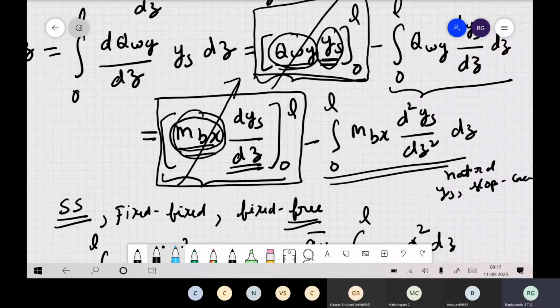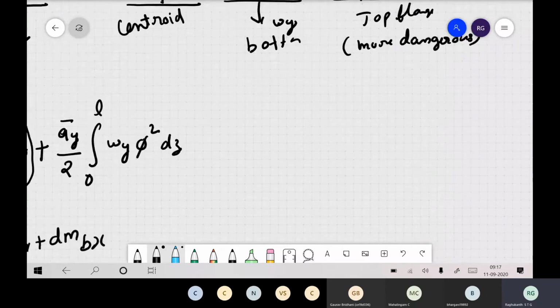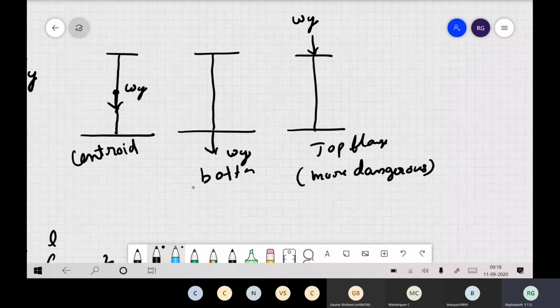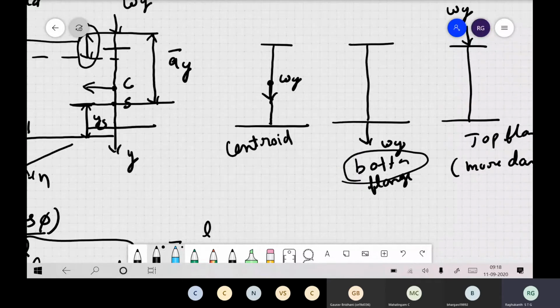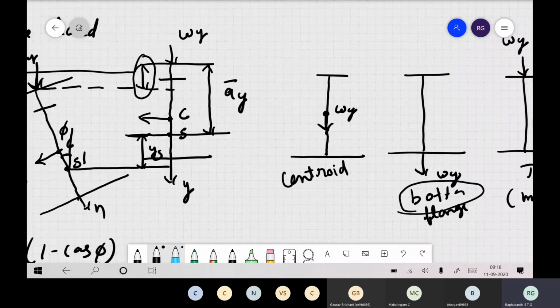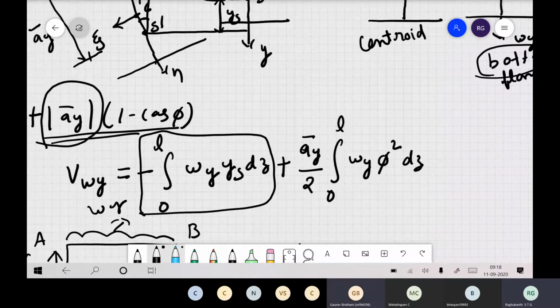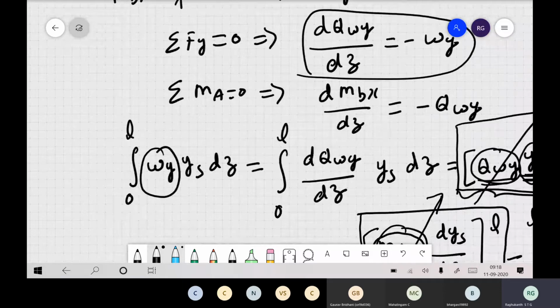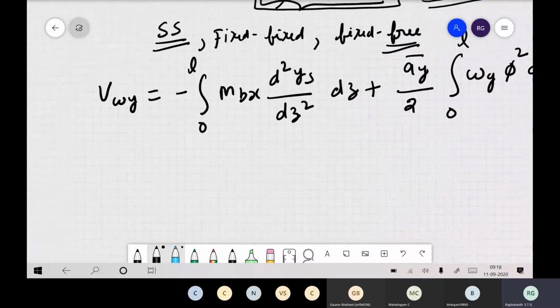Now suppose the same problem, but you have applied the load not at the top flange, you have applied it at the bottom flange. What do you have to change in this problem? We had taken the load at the top, or somewhere above the top flange. If the load is applied at the bottom flange, what will change? The only thing is ay, so this has to have a sign change. That's all, because now ay becomes positive, as it is in the downward axis. That is the only change you have to make. So just remember, you can do the same derivation yourself for the bottom flange also. So this is the work done.